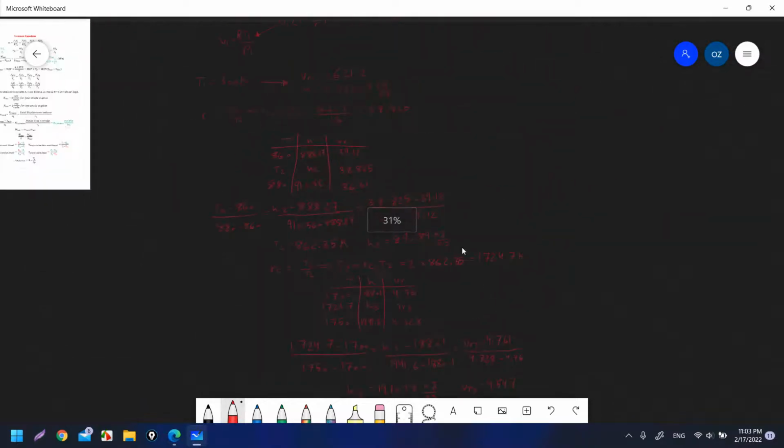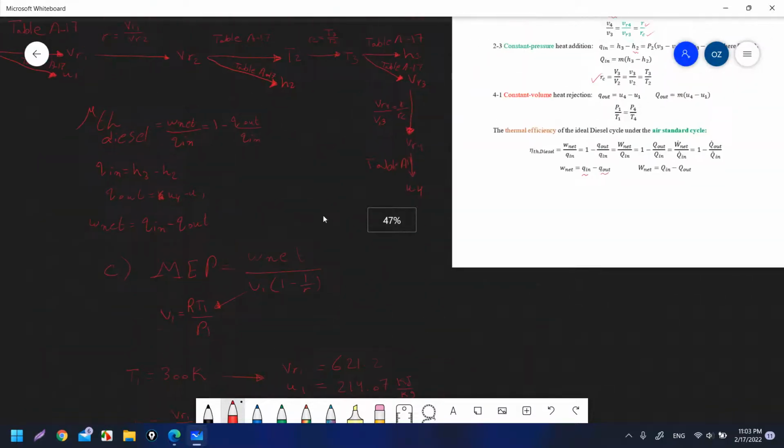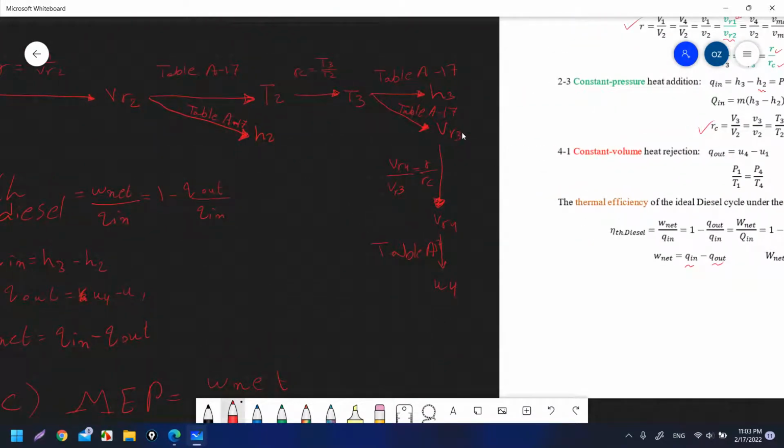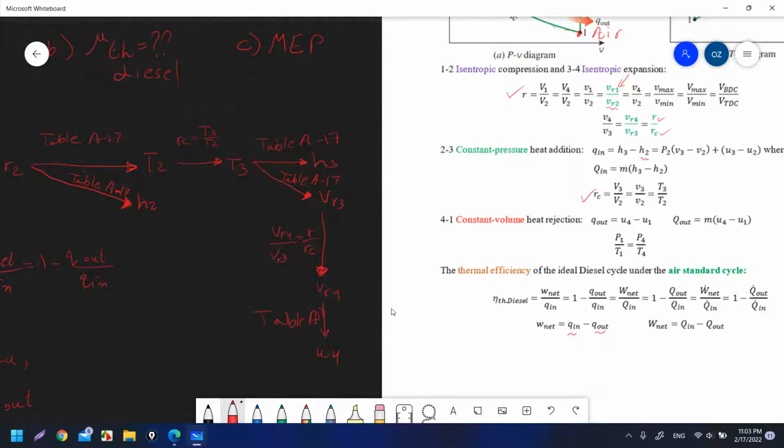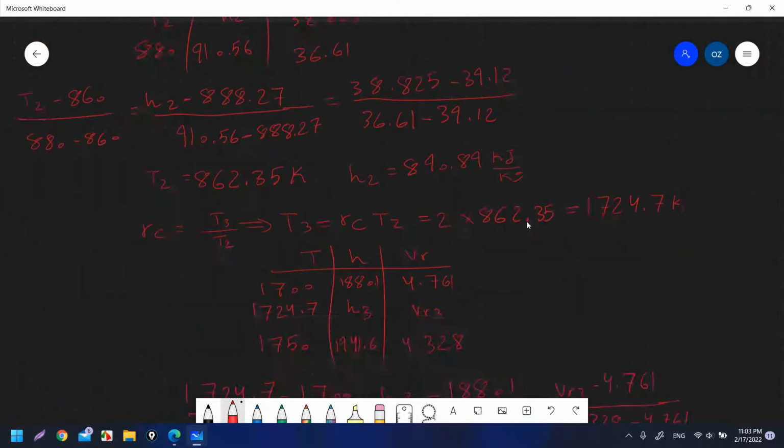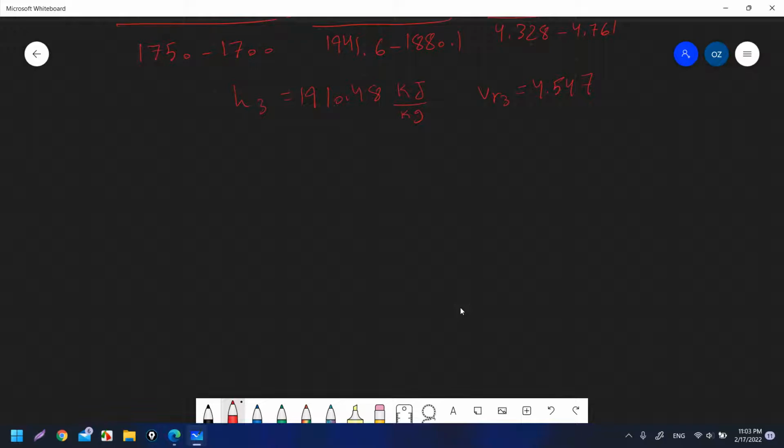The next step was using vr3 and finding vr4 using this equation. vr4 over vr3 is equal to r over rc. And if you don't know why it is equal like this, vr4 over vr3 is usually equal to